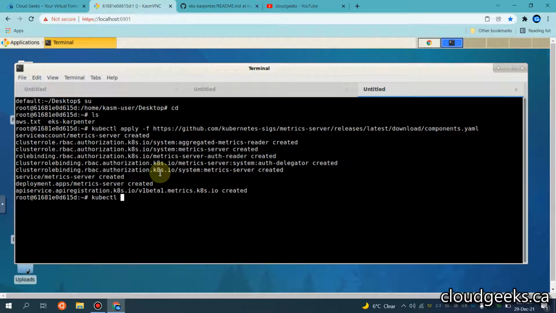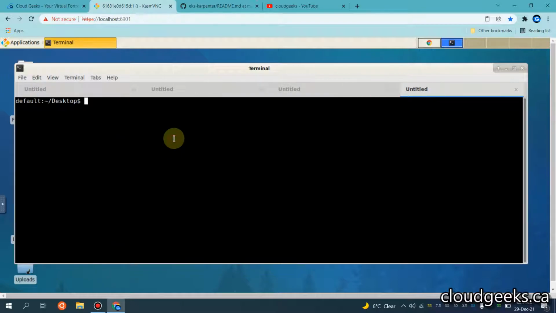And simply, let me do all that stuff in the next tab and do kubectl get all in all namespaces.